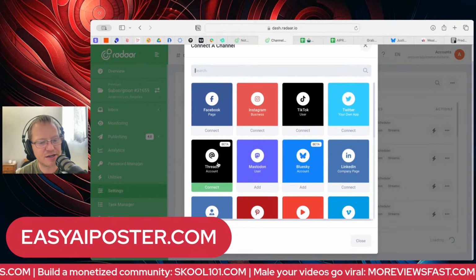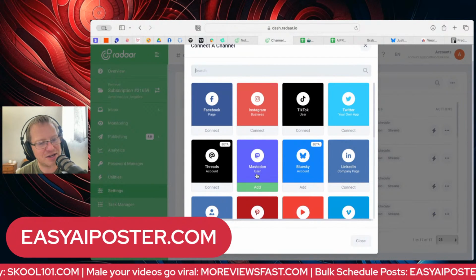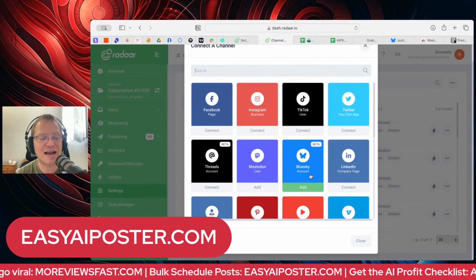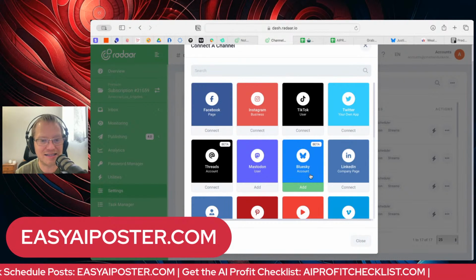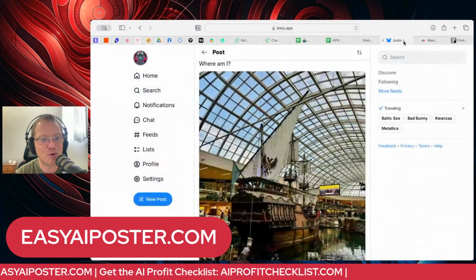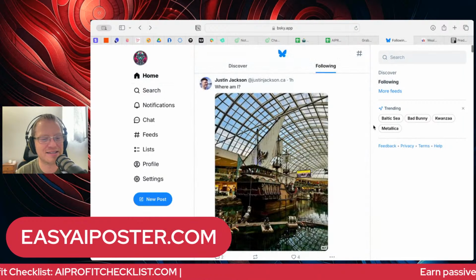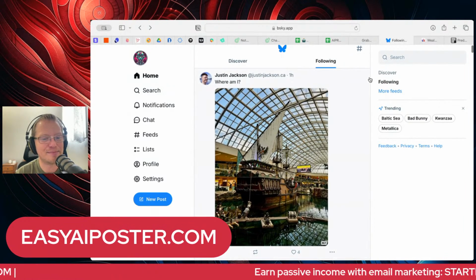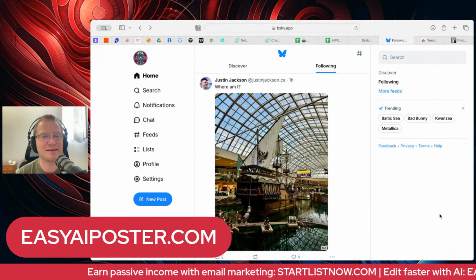I haven't messed with Threads too much, and there's a couple like Mastodon. I haven't messed too much with that one, but I am actually dabbling with Blue Sky. I'm going to do a test account. I don't know how it's going to go. It's literally a test. I just created this account the other day, and I think I posted one time, but I followed some people that are AI centric and passive income ones.